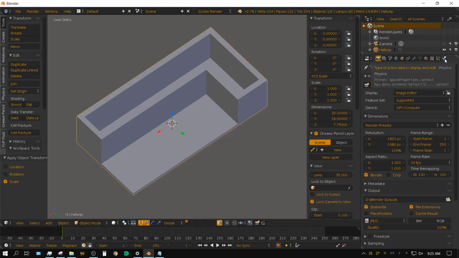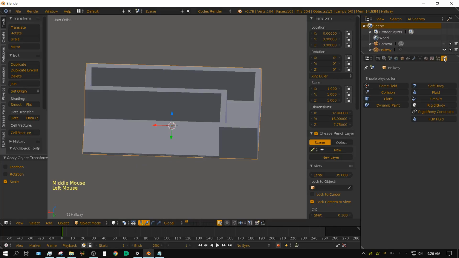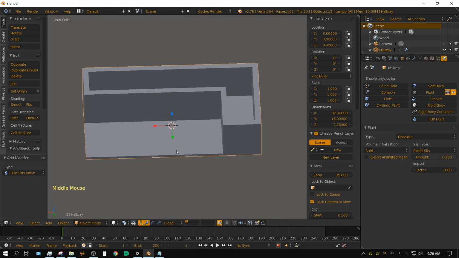Alright, with the hallway selected, click on the physics tab, and then ideally you'd have flip fluids, but since most people don't have flip fluids, we're just going to use the internal fluid system. Click on fluid, and then right here, fluid type, change that to obstacle, and then change it from volume to shell. And that's pretty much it. That's all you have to do with that.